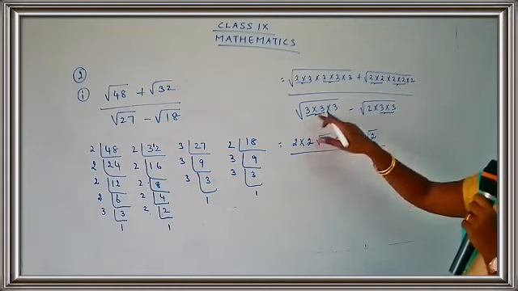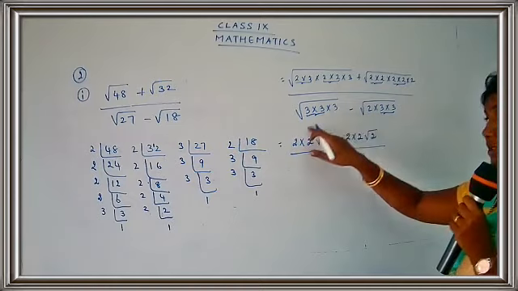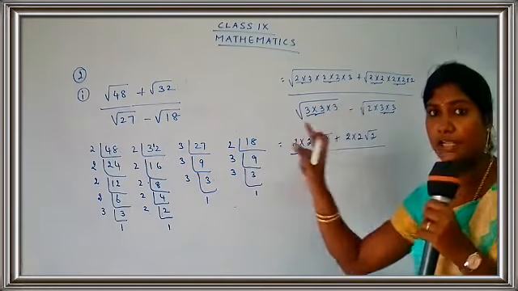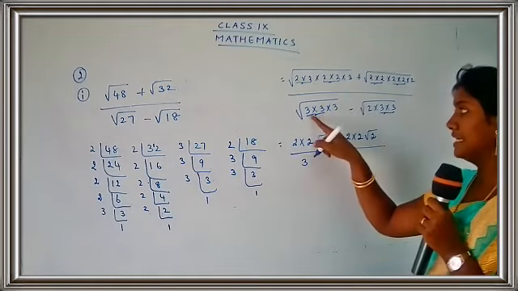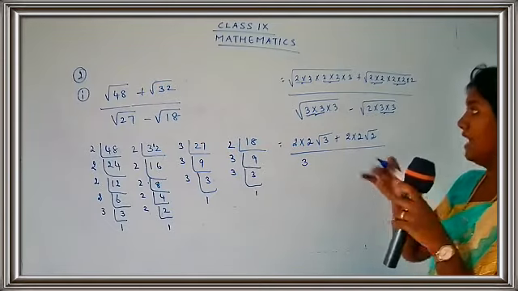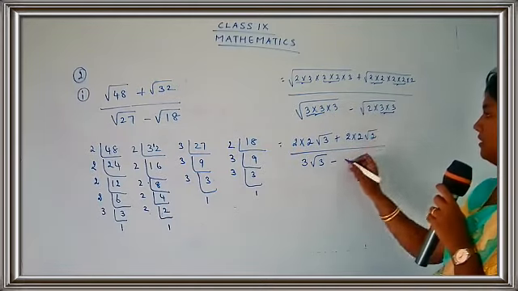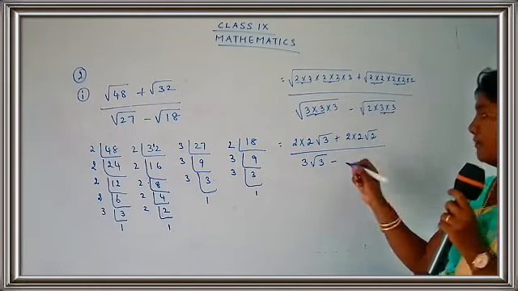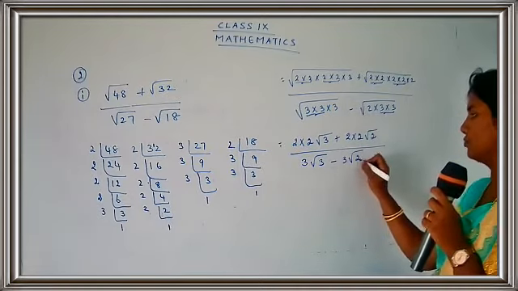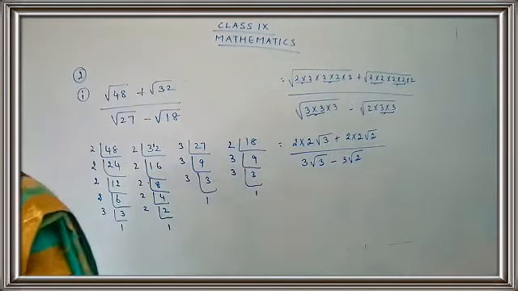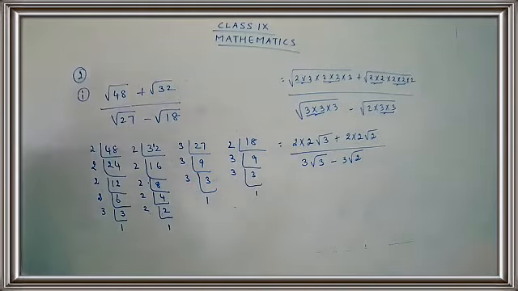Now this is square root of 3 into 3 into 3. So what happens over here? From this group, 1 will come out. So what I'll get here? 3. From 3 into 3, 1 3 will come out. And for this 3, there is no partner. So you will have your root 3 minus. From 3 into 3, 1 3 will come out. And here you have only root 2. So what is left here? So what we have taken here? We have taken 2 into 2 root 3, plus 2 into 2 root 2 upon 3 root 3 minus 3 root 2.